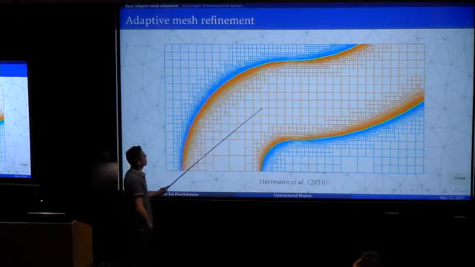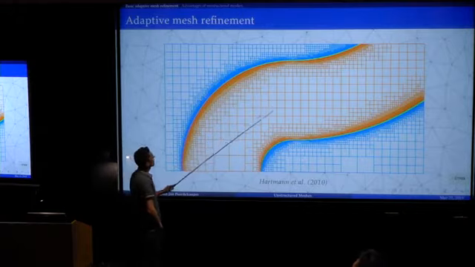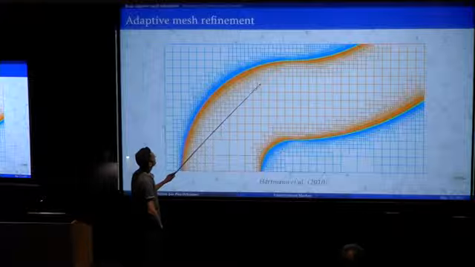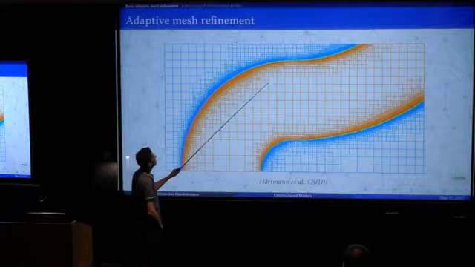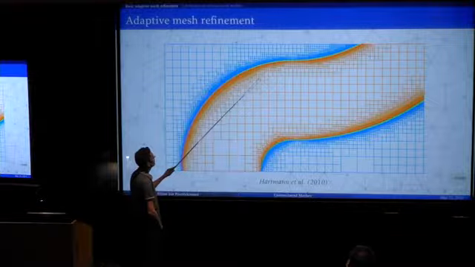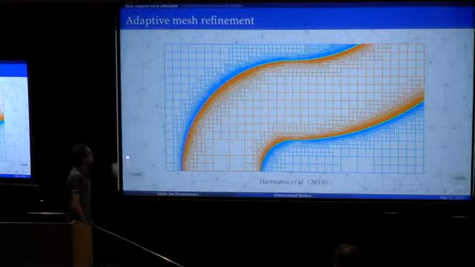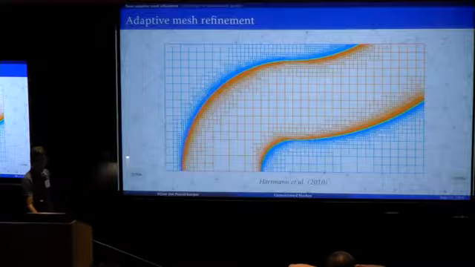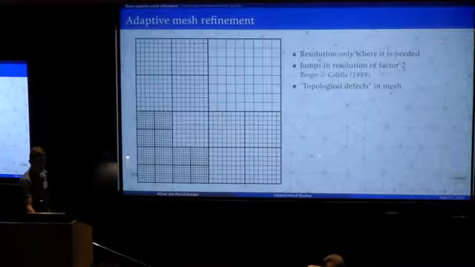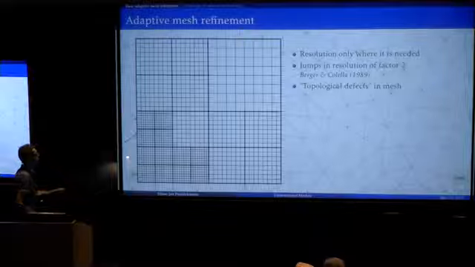is, well, we can have large grid cells where we don't need resolution. If we need to refine the mesh, then we split one big grid cell in 2D into 4 grid cells. We need higher resolution, we split it again and again and again. So you get jumps in factors of 2 in resolution. So this is a typical